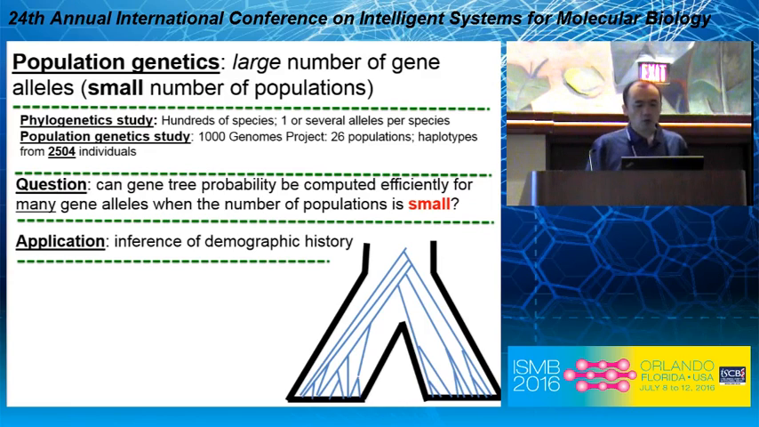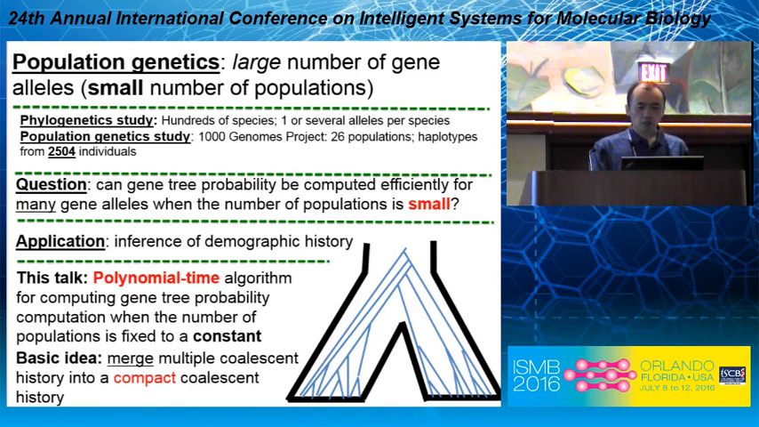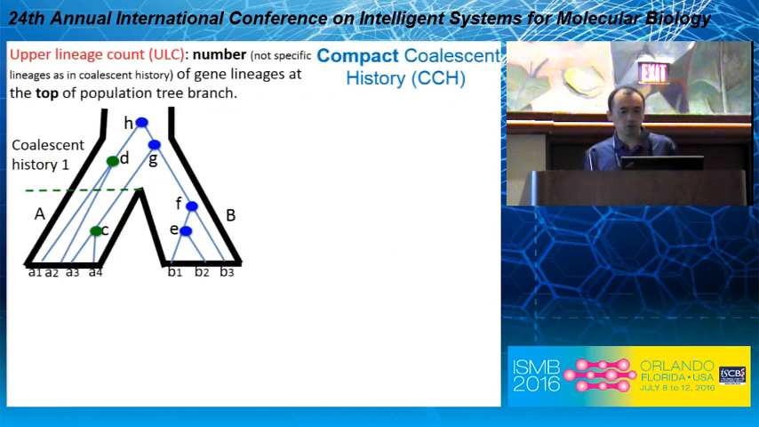from a population. And the question is, can we compute the gene tree probability efficiently when there is a large number of gene alleles, but the number of populations is small? And just like shown up here, this shows two populations. In this paper, I show that if we consider the number of populations fixed to a constant, then the gene tree probability can be computed exactly in polynomial time. The basic idea is we can merge multiple coalescent histories into one, which I call the compact coalescent history. So as shown up here, let me just give you a very rough idea of what a